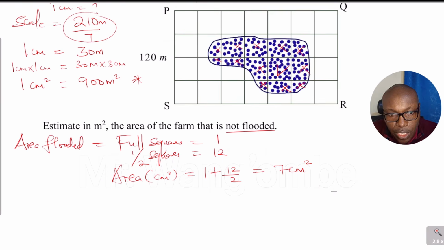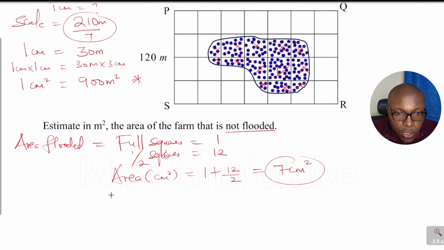Because we're assuming all these squares are full, and the area of 1 square is 1 centimeter squared. So there are 7. This is just an approximation. The full squares will be around 7, and bearing in mind that 1 square has an area of 1 centimeter squared, 7 of them will be 7 centimeters squared. So that is the area that is